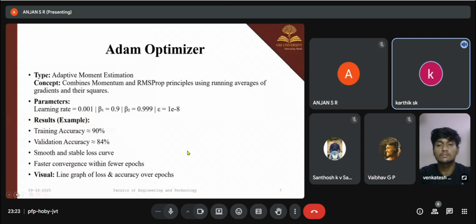In visuals, we use a line graph of loss and accuracy over many batches. Next,